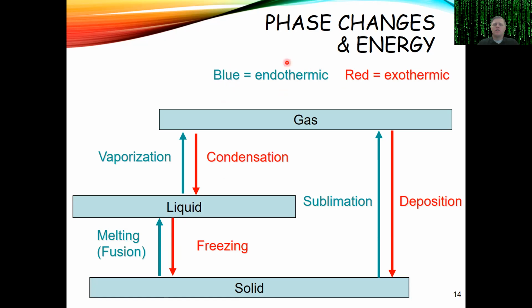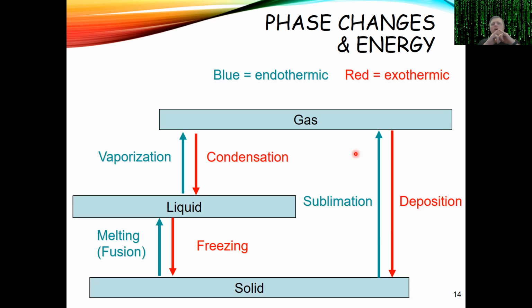So you'll notice that these blue arrows, or they look green to me, but these blue arrows are all going to be endothermic processes. So what's actually going on there? Why do you have to put energy in to get more chaotic? Well, at low temperatures, you've got all these intermolecular forces, right, that are holding your molecules together.